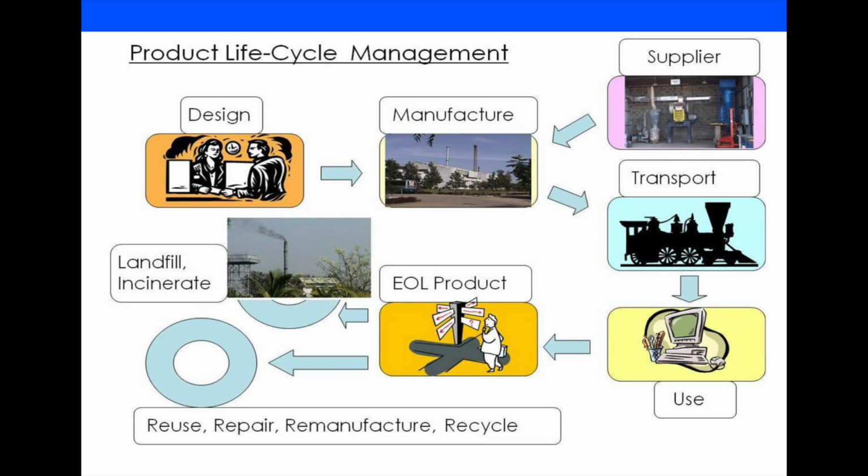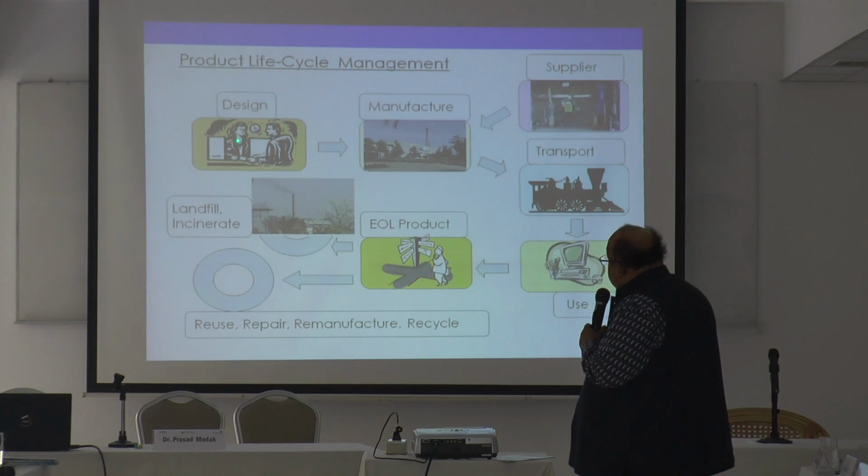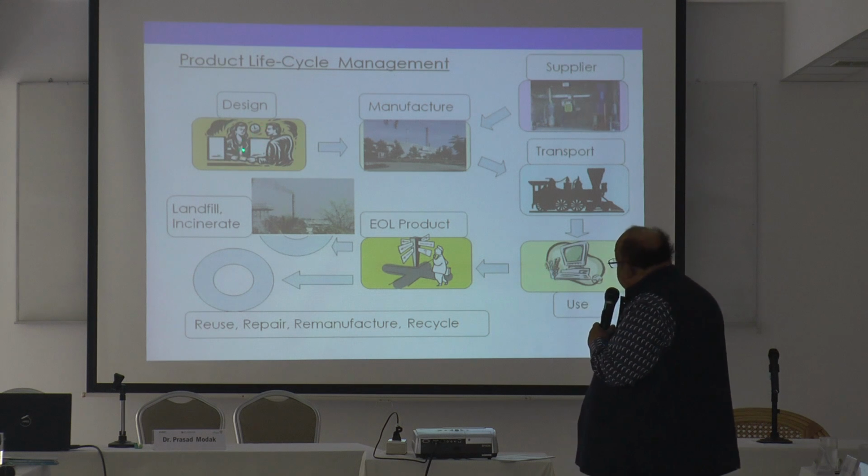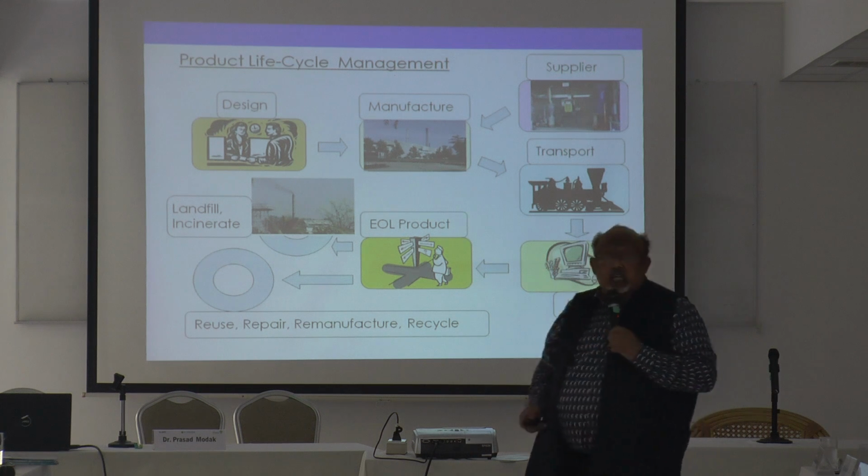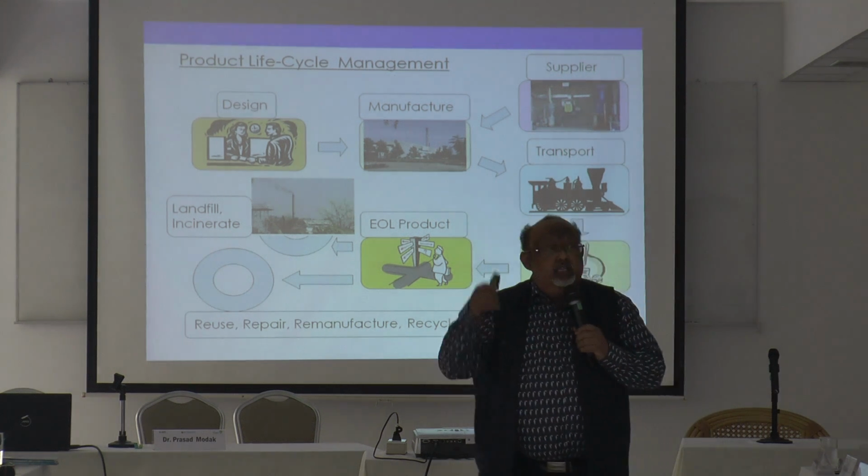You can add all kinds of R's here, so that you have the reverse flow happening of the components and the materials at different points of the life cycle. It doesn't have to go all the way to the manufacturing phase. Some may find entry points somewhere else. Right? So this is a typical life cycle of a product, and what we want to do is be predictive, be speculative, and if you design something, what will happen to the material and the energy flow in different stages